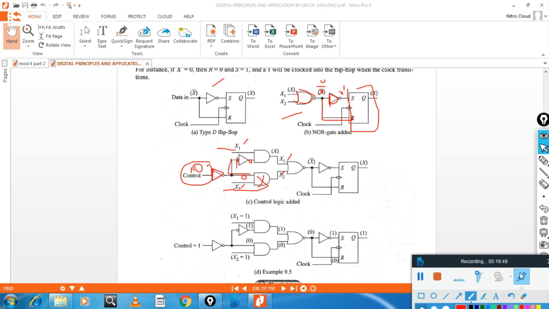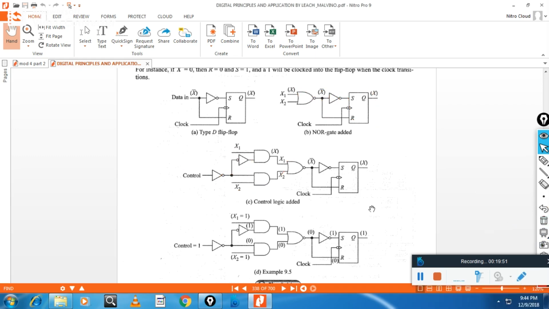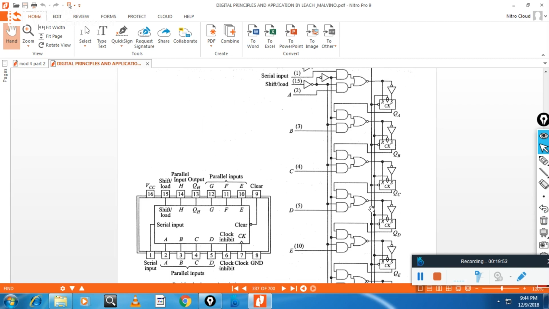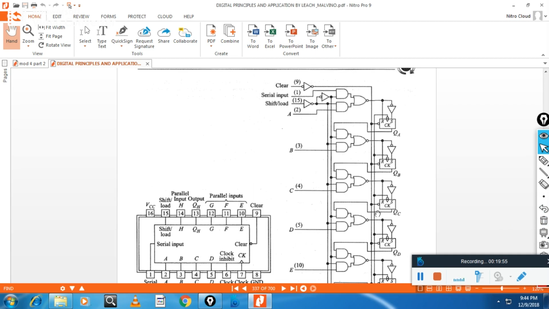So let me once again go to the diagram here and explain. 4-bit register. Initially let me take 1 0 1 0. So now shift is 1, load is 0.